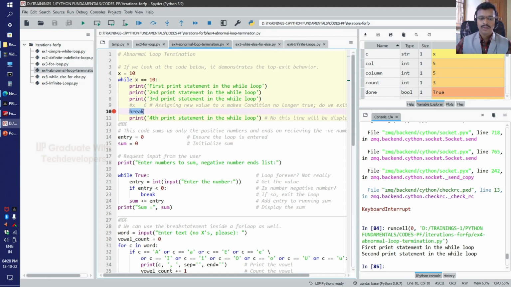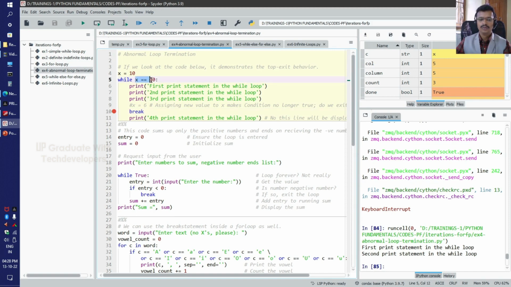We are using the break statement. Initially the condition is true because the x value is 10. When the condition is true, the body of the while loop will be evaluated. Before the break statement, we have 3 print statements, and after the break statement we have the 4th print statement. When we run this code,